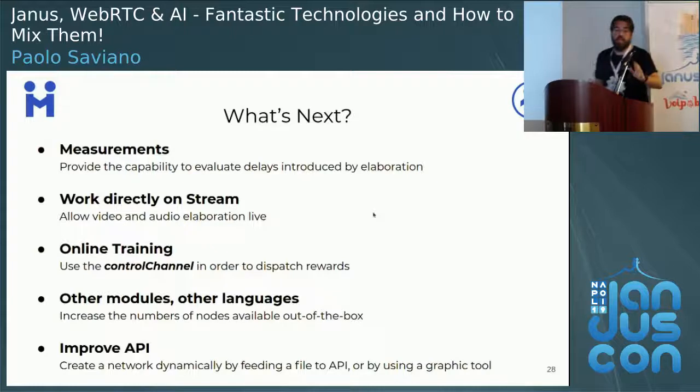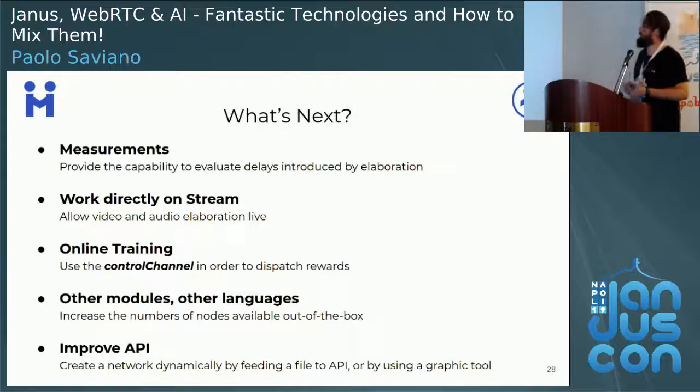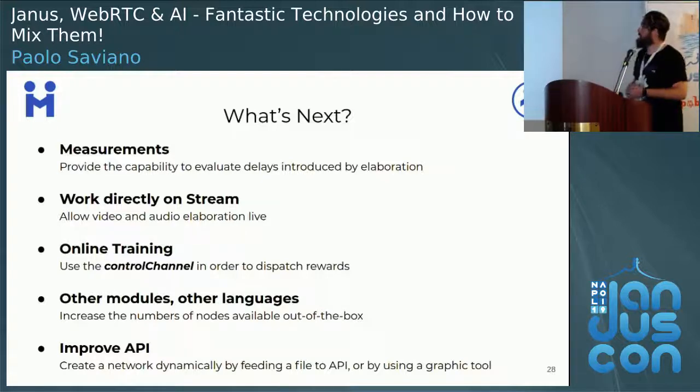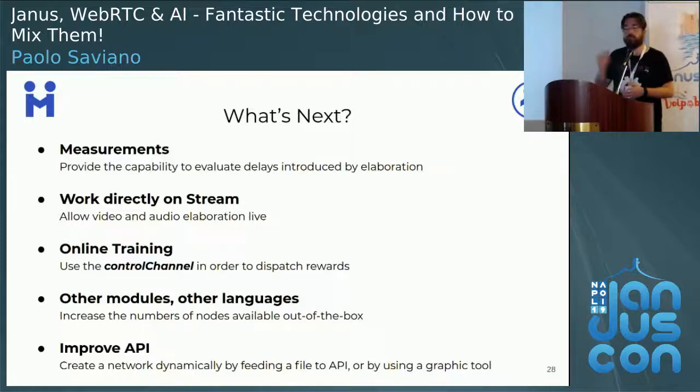What's next? First of all, we have to provide the capability to evaluate how the elaboration will affect the GPU and CPU effort, and how this elaboration could ruin or boost our results. Then it would be nice to work on the video stream directly, removing the RTP stream from video room to the streaming plugin.